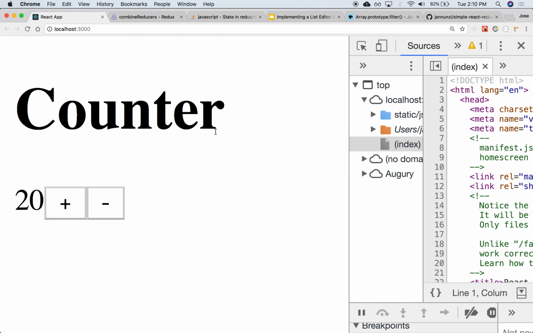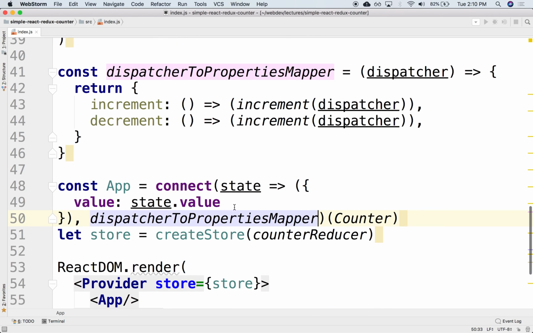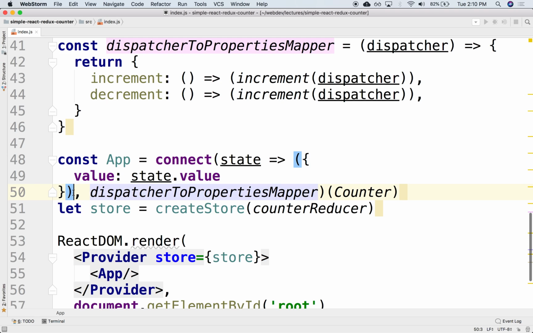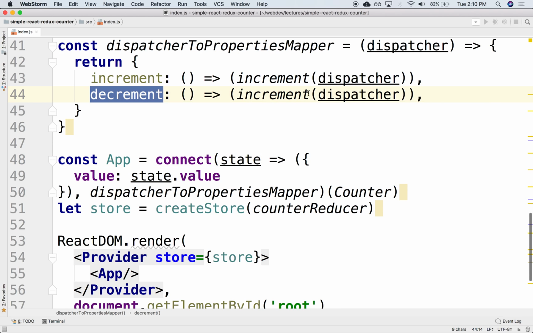And let's see if we broke this. Okay, it still works. So that's the dispatcher. Now this one over here, we did the mapping kind of inline. Yes? Oh, I'm sorry. This is decrement. Thank you. Yeah, so this one over here, the first mapper,